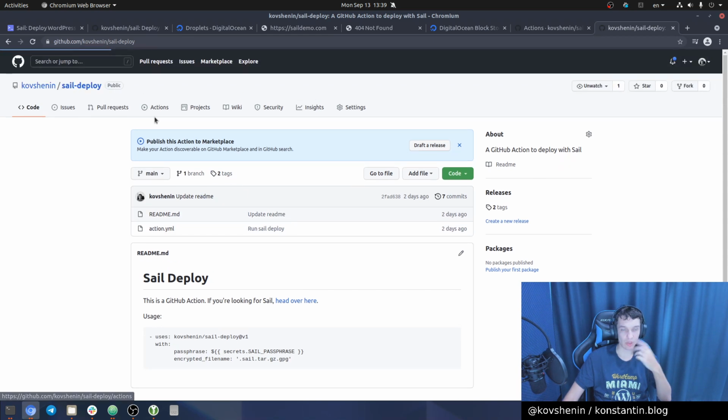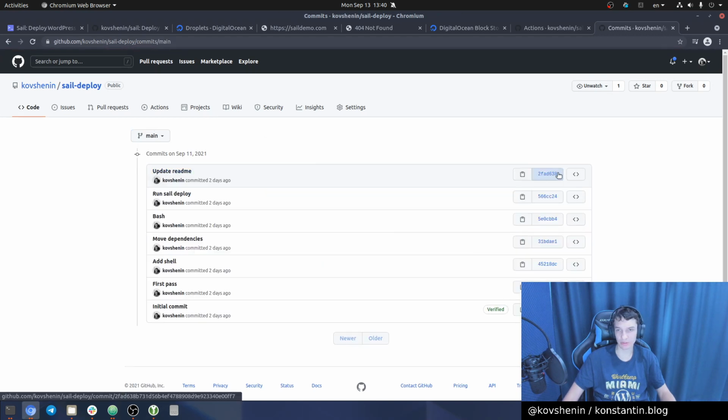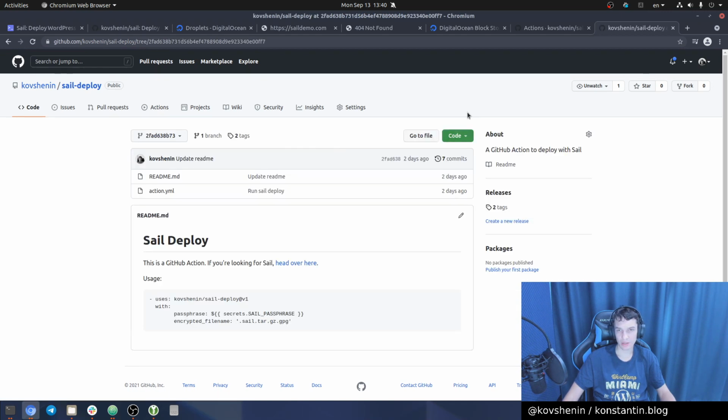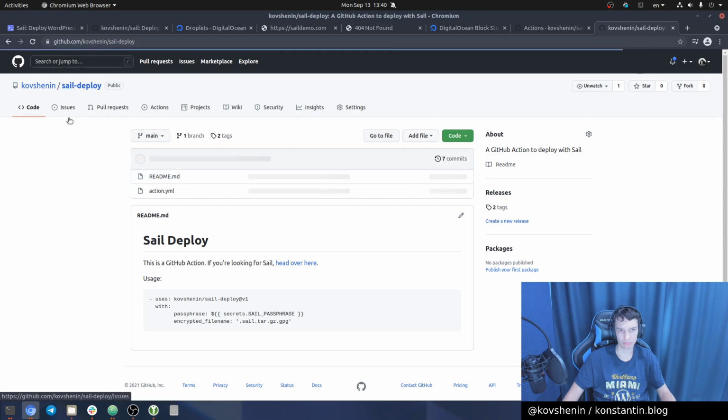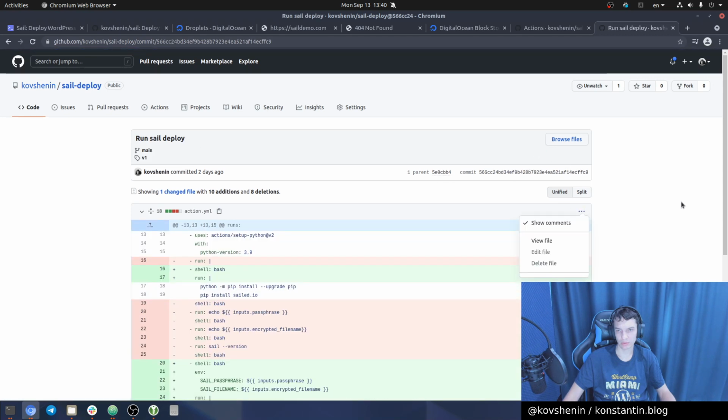And now if I want to roll, well, if you're working in a team, you'll probably be using something like pull requests, which you can easily revert. I'm not sure you can easily revert a commit here. Probably not. Nope. Yeah, so if you want to revert